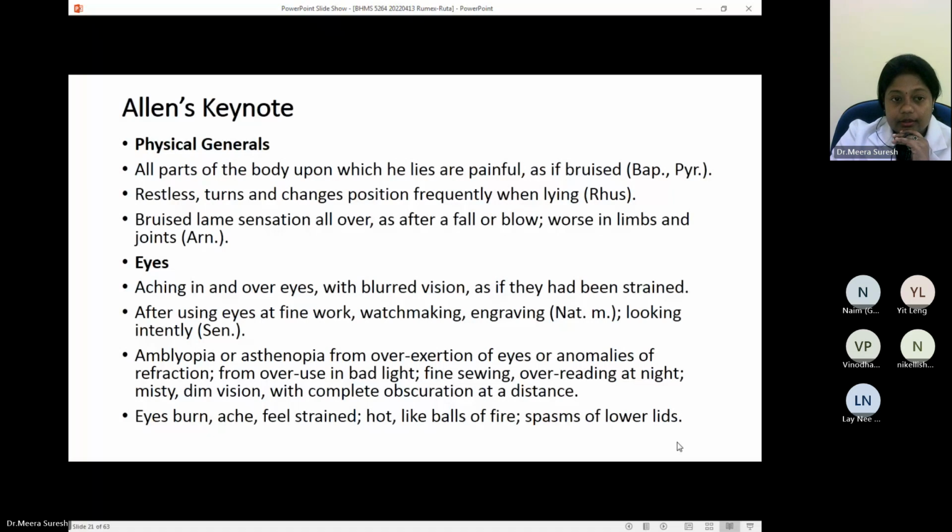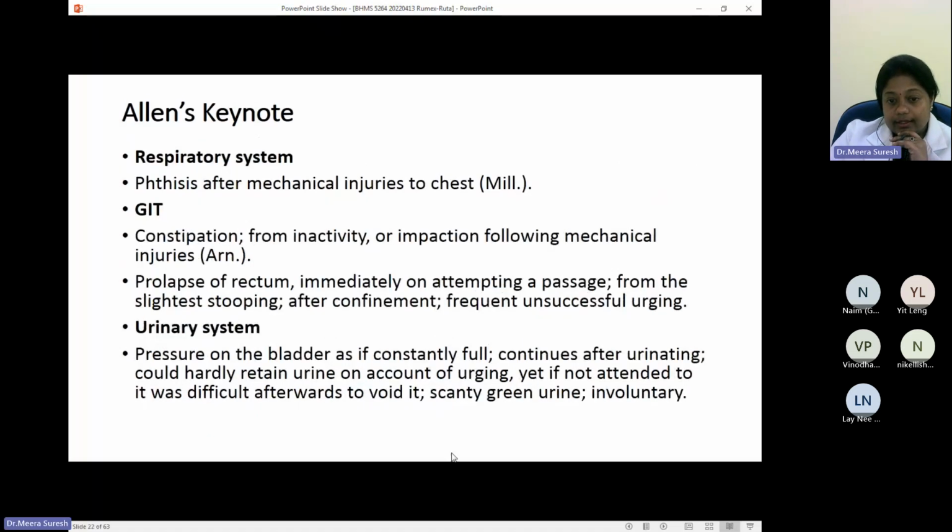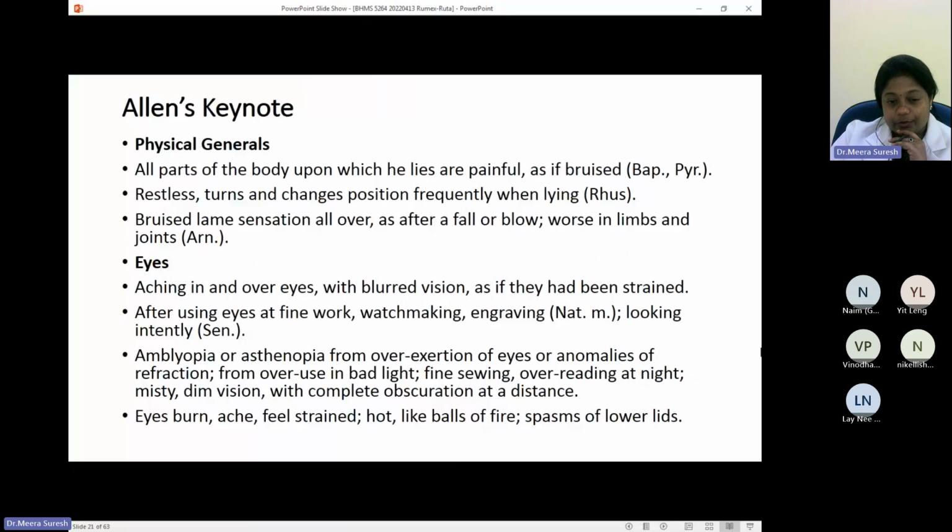So when you're writing this, for the exam purpose, not for the clinical, what is very much required is this second sentence. Because of the usage of eyes at fine work and watchmaking, looking intently, that is causing the complaint. Then this sentence also: from overuse of eyes in bad light, fine viewing, overreading, which causes a misreading vision